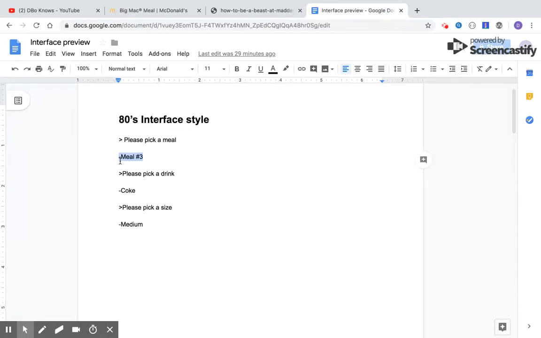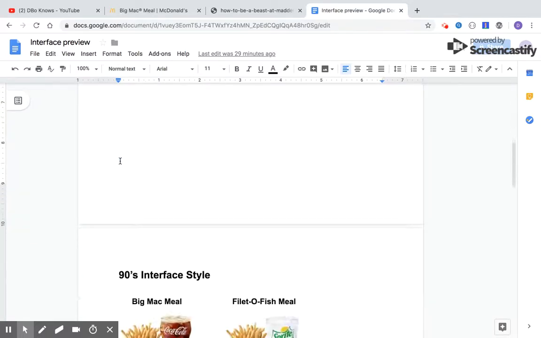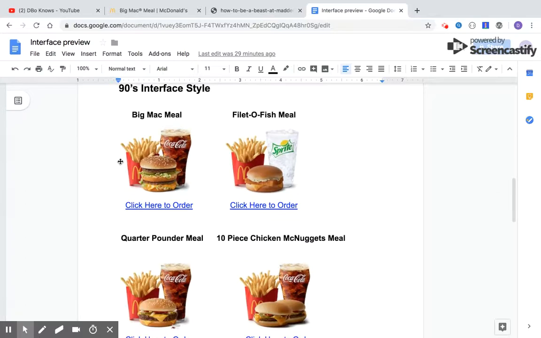The 90s interface technology is exponentially better than the 80s due to the use of simple HTML components. I created what I would think this sort of interface style would look like back in the 90s. So there would be a header that explains what the item is. So this is a Big Mac meal, and then